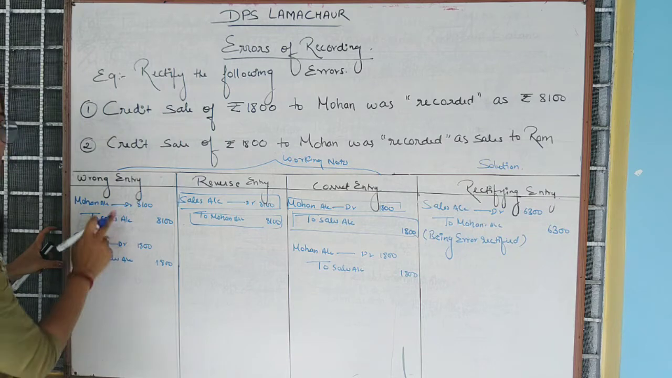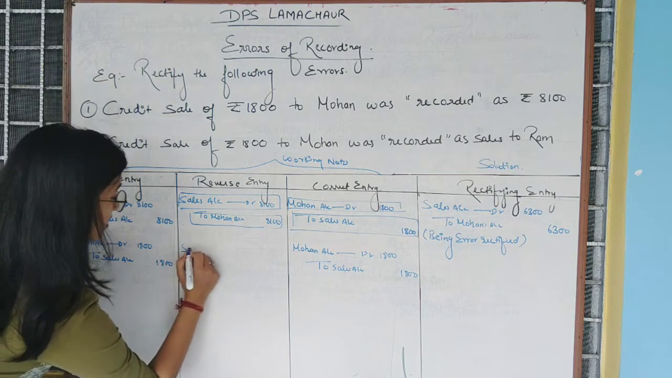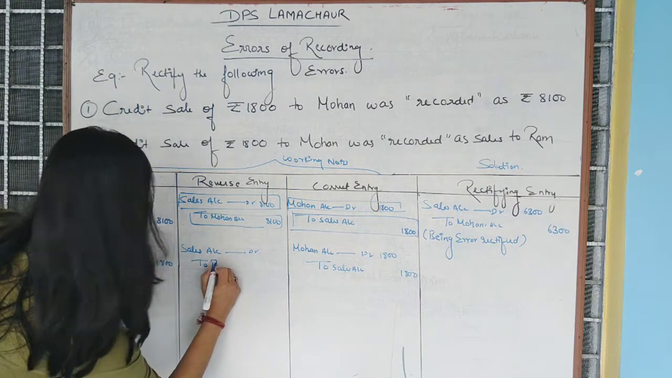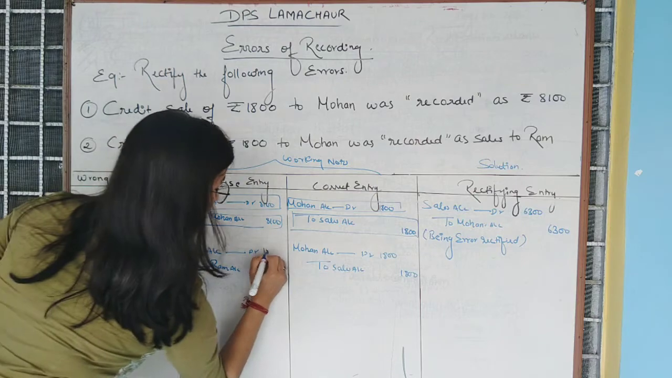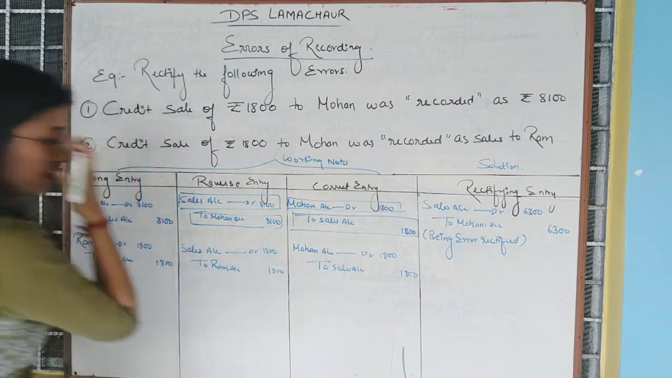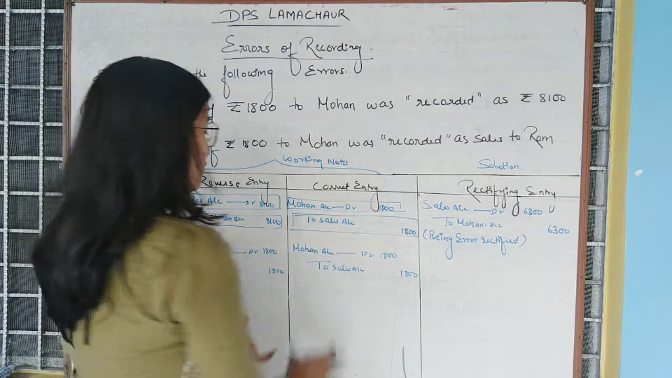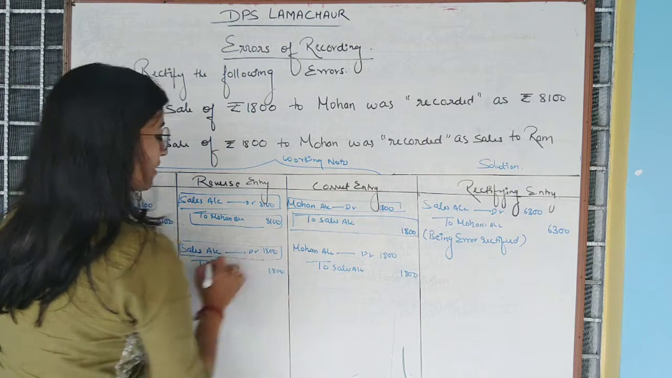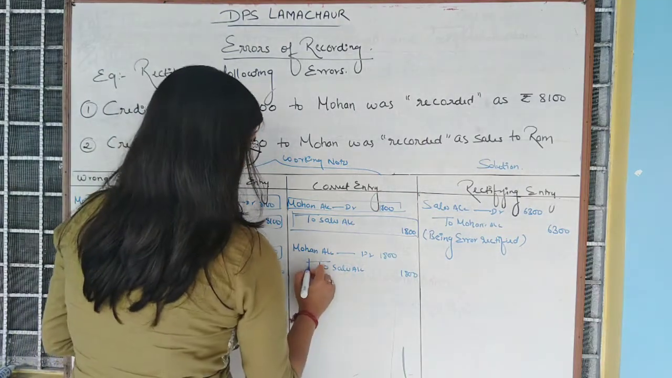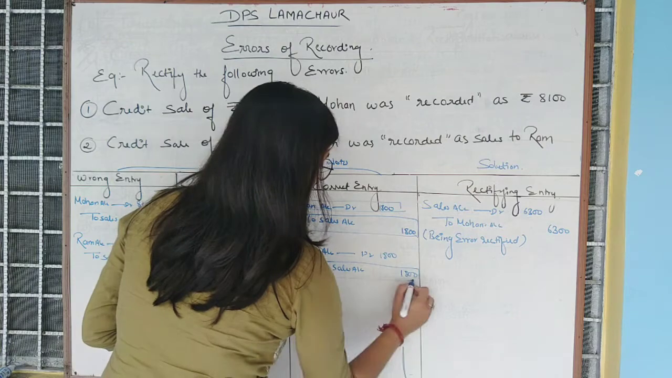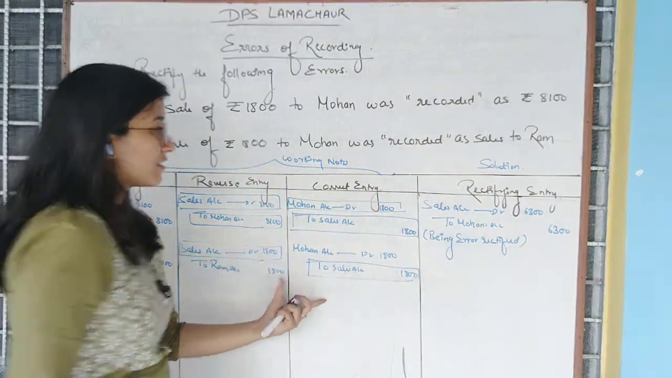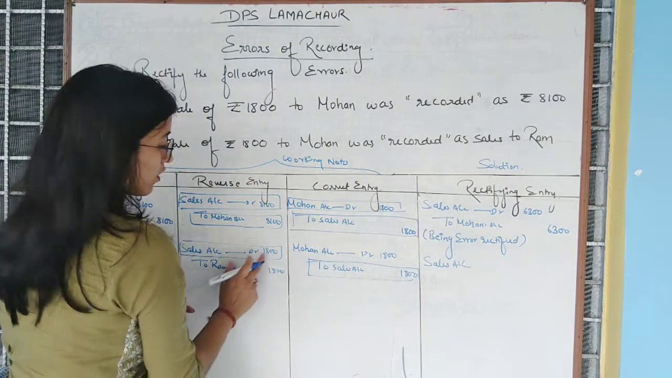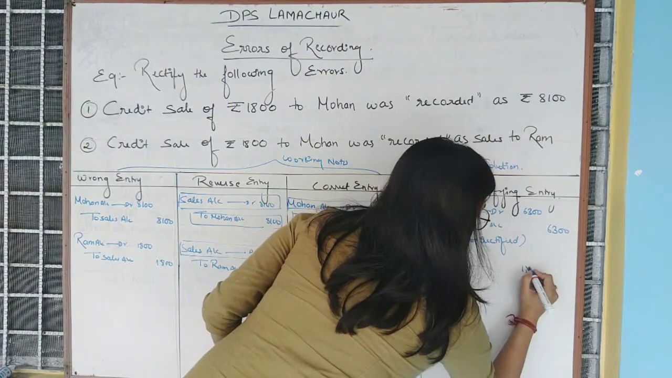Now the reverse entry of wrong entry will be sales account debit to Ram account. Amount is 1800 and 1800. So here we can see in reverse entry and in correct entry, sale account is debited with the amount 1800, and here sale account is credited with the amount 1800. So to rectify this entry, we will debit sales account, as there is no net effect because the amount is same. So we will write 1800